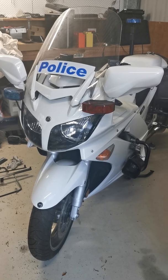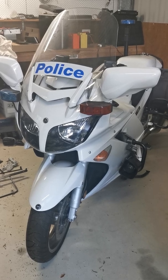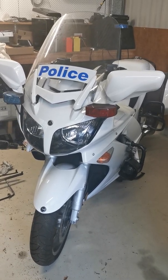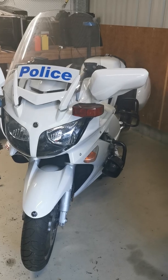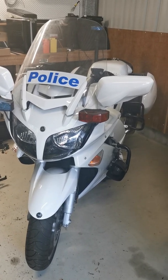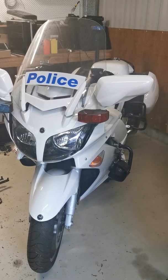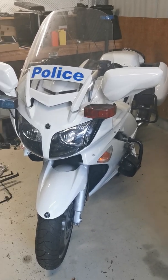Getting a little bit more back into what I normally do instead of renovating houses. Here's a quick walk around of the Yamaha FJR1300. This is a New South Wales police bike. Had a slight close encounter of the taxi kind in Redfern, which took out the front end, but lucky nothing